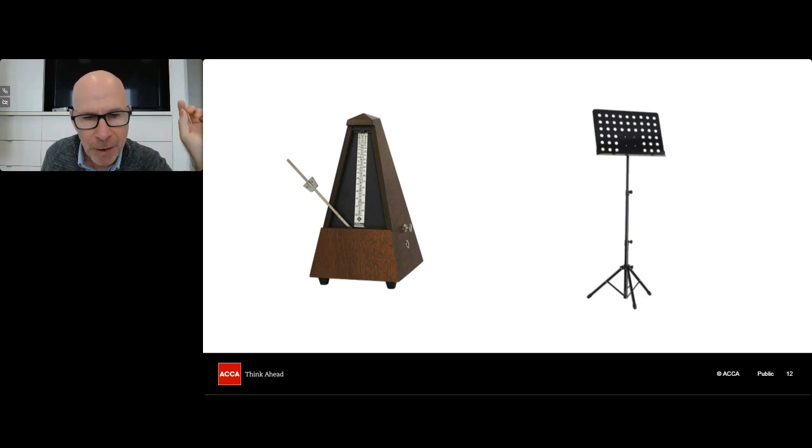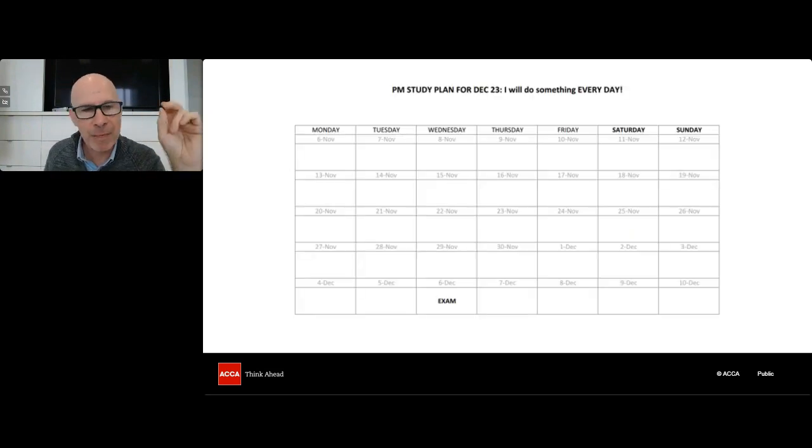Now, to summarize our game plan before the exam, you're going to practice the exam approach. I'll tell you where in a second, but you're also going to make a study plan. I want you to download this document. Right after the exam, I want you to put one syllabus area into every day. Every day, you've got to do a little bit.